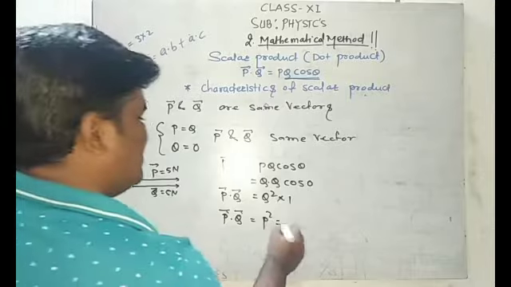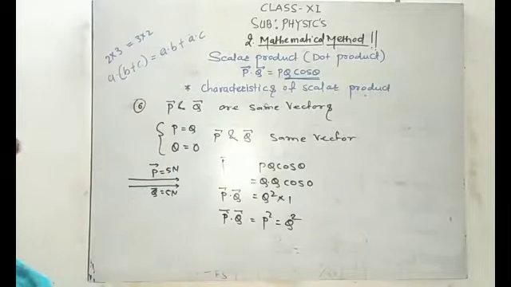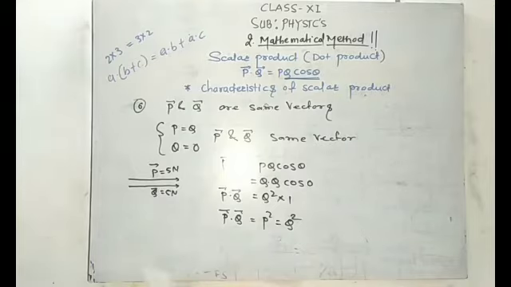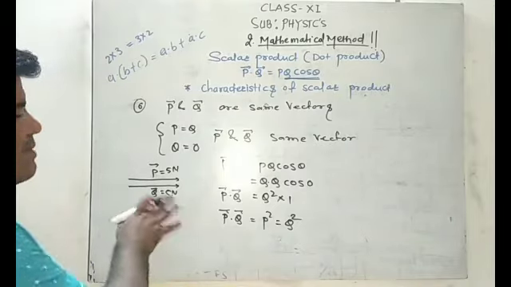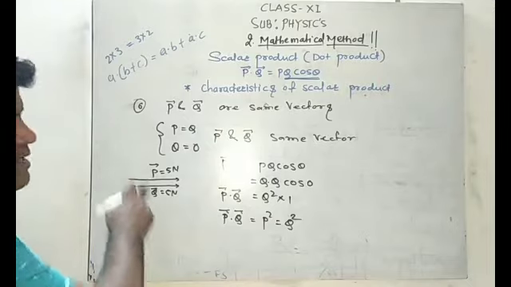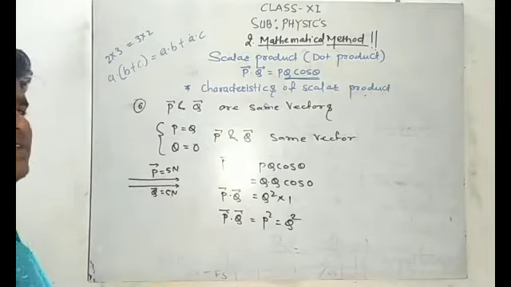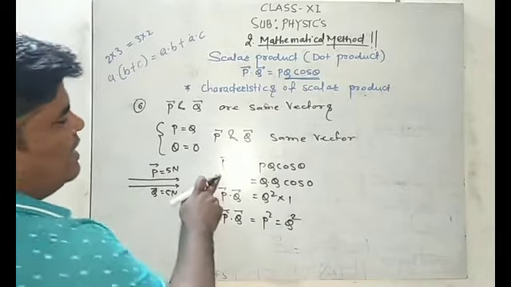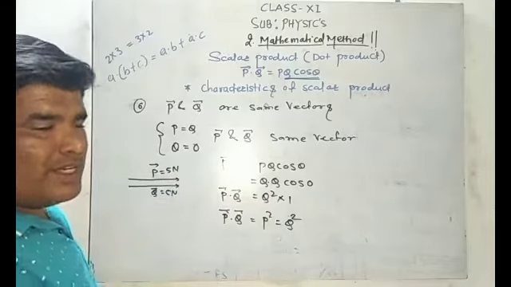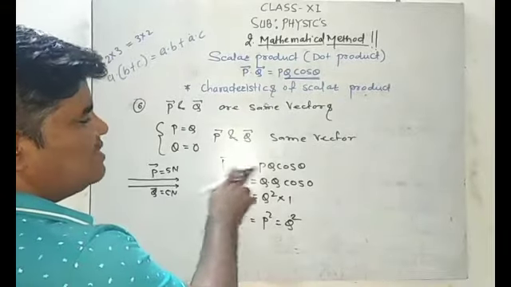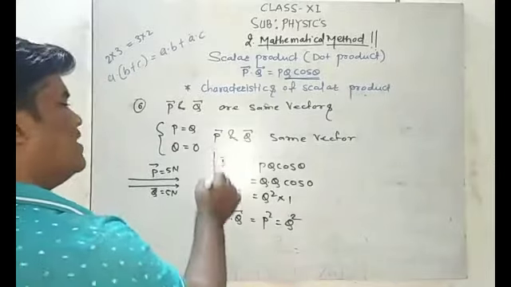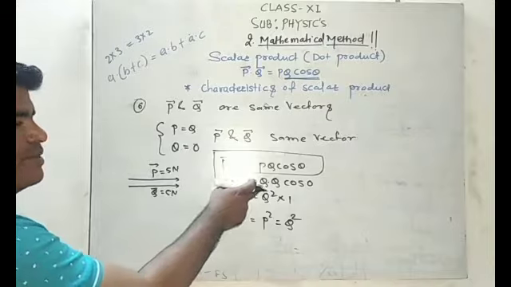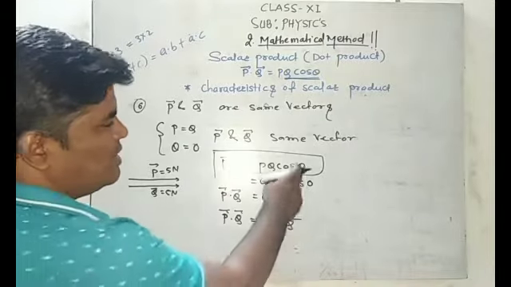So this is another property or characteristic of a scalar product. If two vectors are the same, it means the same magnitude and the same direction, right? So P and Q are two vectors having the same magnitude and the same direction. Theta is equal to 0 in these two vectors. If same direction, then theta is equal to 0. P bar dot Q bar is equal to PQ cos theta. This is the formula, and the magnitudes of these two vectors are the same. Therefore Q multiplied by Q and cos of theta, where theta is equal to 0.